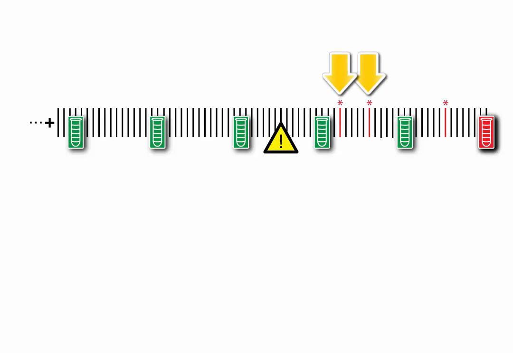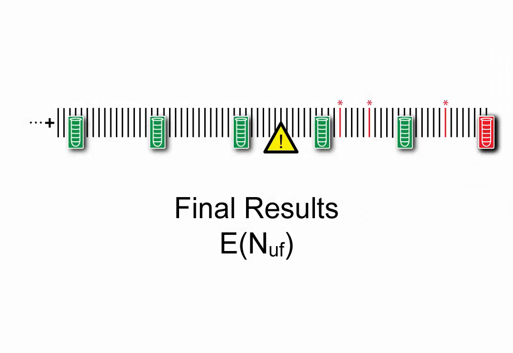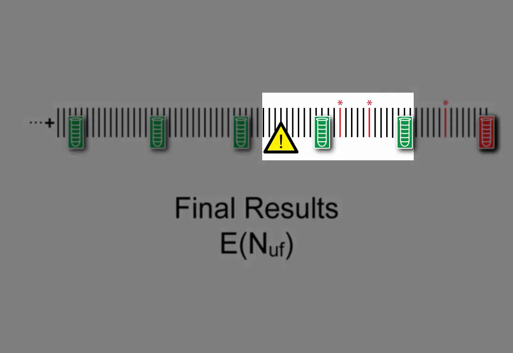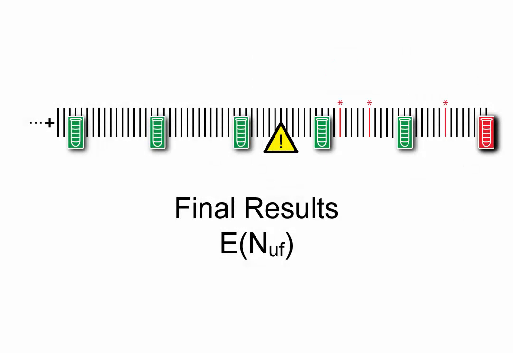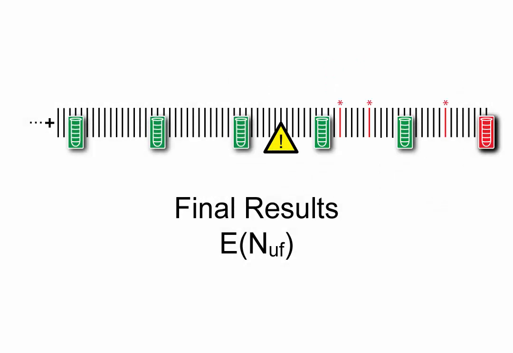2 of the unreliable results occurred prior to the last accepted QC, and 1 unreliable result occurred since the last accepted QC. The patient results produced since the last accepted QC are the most recent and should be corrected if there is a problem. Results produced prior to the last accepted QC are unlikely to ever be changed and can be considered final. In this example, there is 1 correctable unreliable result and 2 final unreliable results. This video will focus on predicting the expected number of unreliable final results, enough.